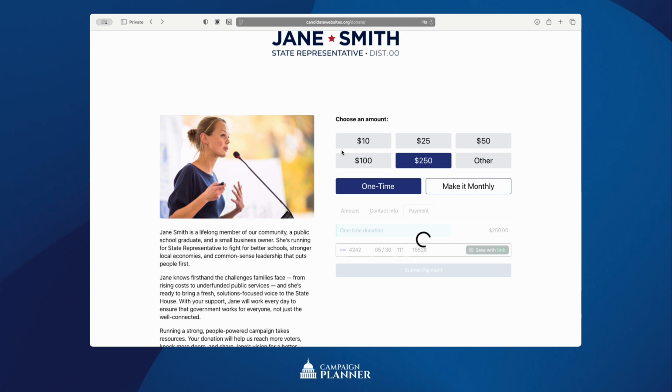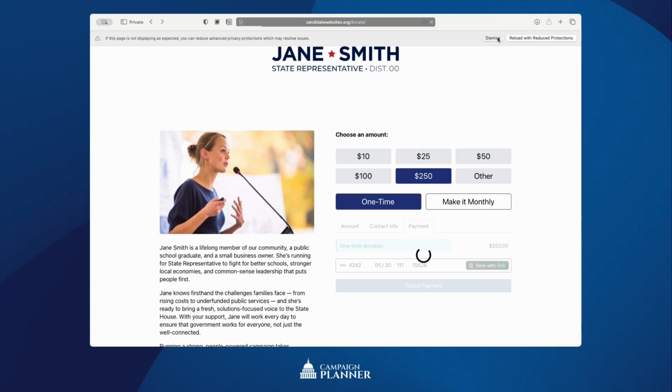The second is you need WordPress for this to work, and it's a form plugin that we use to make this all work. Now, if you don't have a WordPress site, that's okay. If you want to have another way to process donations, you could stand up a very quick WordPress site for very minimal cost. You could even stand it up next to your existing site or as a subdomain of your existing site and install this software to make all of this work and work perfectly. So this is a great alternative to